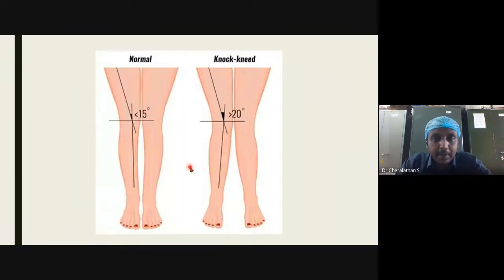Right. Now, when you take this measurement, normally, like we saw in the earlier slide, it should be 12 to 15 degrees. That is the normal alignment. Whereas if it is more than 20 degrees, then we call it genu valgum. When it is up to 15 degrees, usually the ankles can touch easily. Whereas when it goes beyond 20 degrees, the ankles have to spread apart. Otherwise, the patient will not be able to bring the thighs together, right? Are you able to understand this concept here? So Q angle more than 20 degrees, we name it genu valgum. Otherwise, the intermalleolar distance, how much should it be?